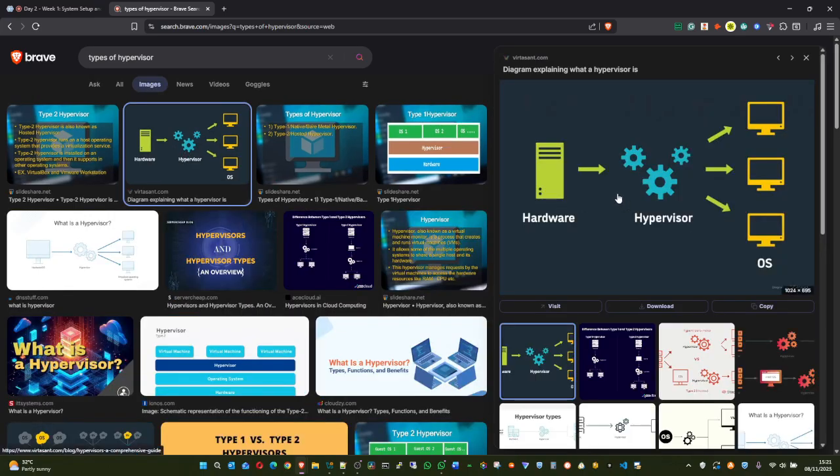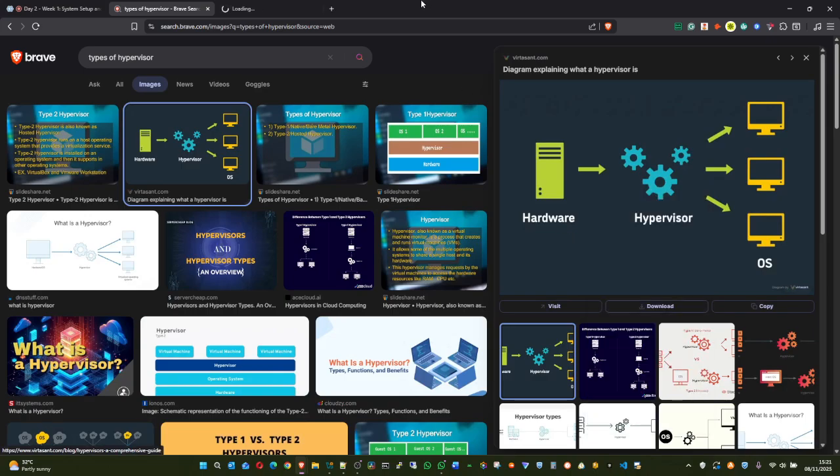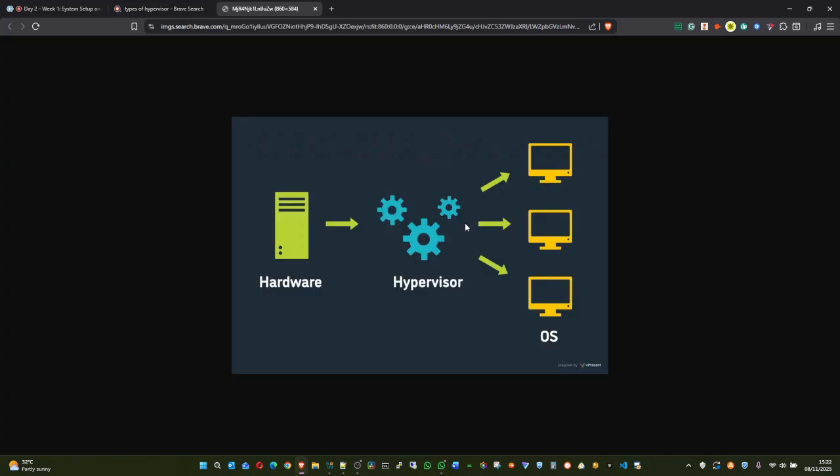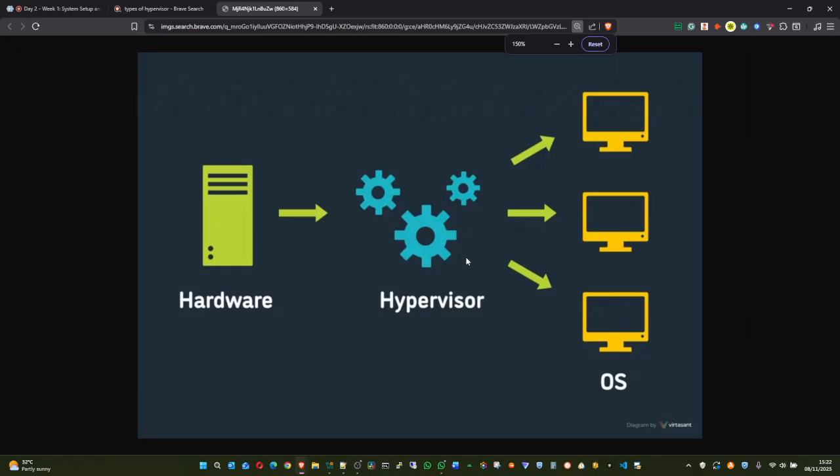So this is a typical example of how a virtual machine works. This is a physical computer, it's hardware, which is your host computer that you are using.